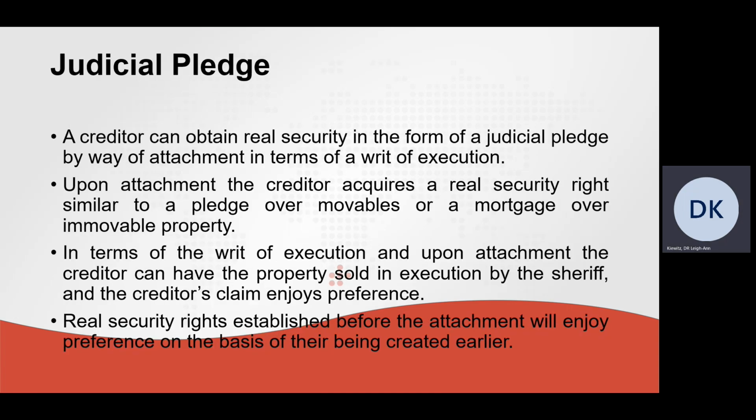The third category of tacit hypothecs is the judicial pledge. A creditor can obtain real security in the form of a judicial pledge by way of attachment in terms of a writ of execution. Upon attachment, the creditor acquires a real security right similar to a pledge over movables or a mortgage over immovable